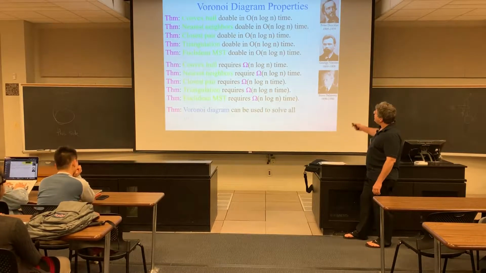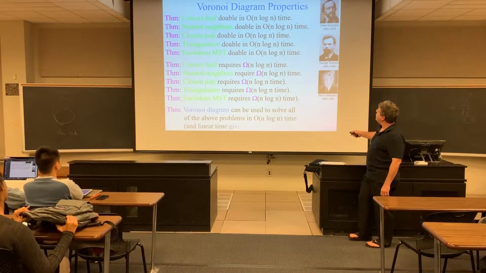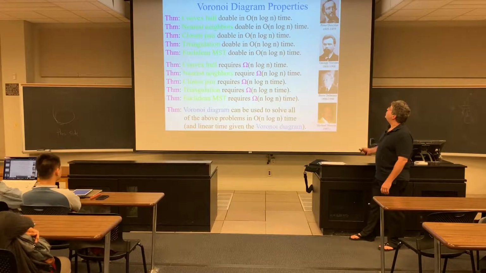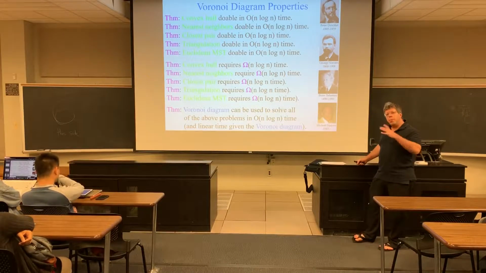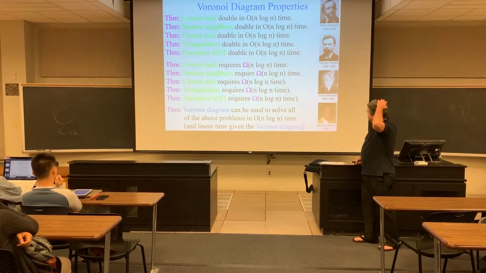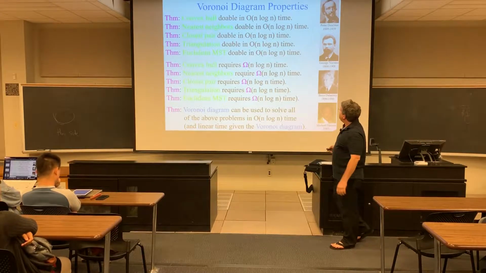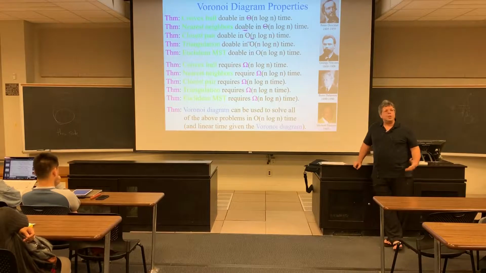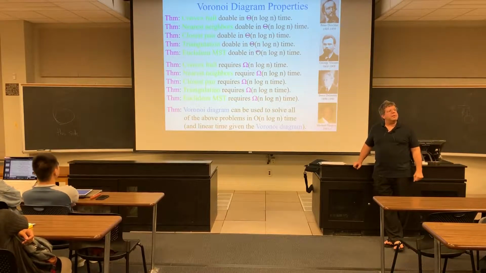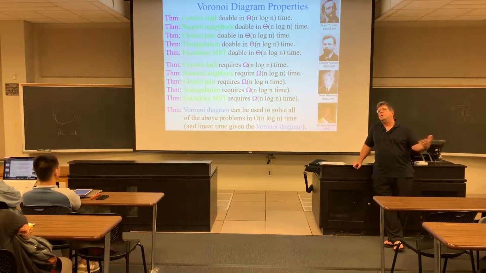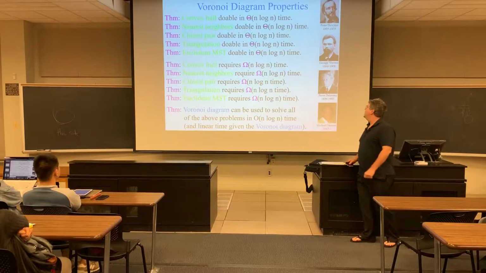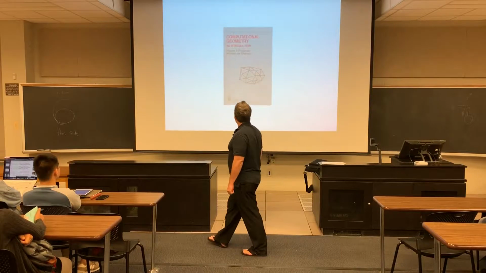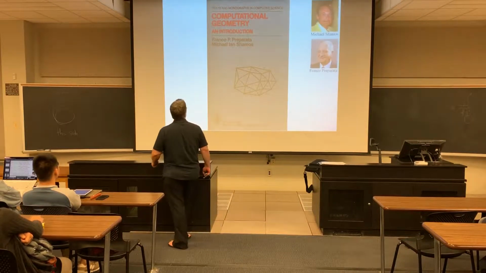And so we said there are a lot of problems, all of which require an n log n lower bound, and they're all doable in n log n upper bound once you have the Voronoi diagram. So the question is, how do you solve all these problems in optimal time? The short answer is by obtaining the Voronoi diagram first. And so the question now reduces to how do you get the Voronoi diagram, and how do you do it quickly? So we'll start with a simpler